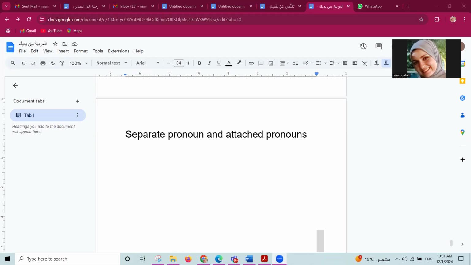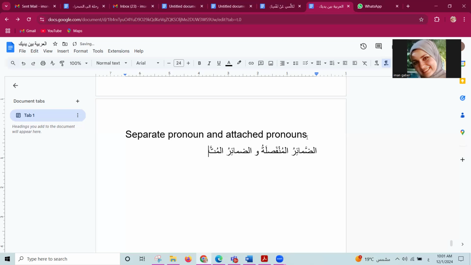Today, inshallah, we're going to talk about a very important lesson for everyone and one of the confusing lessons to some of the students. Today, we're going to talk about separate pronouns and attached pronouns. Separate pronouns and attached pronouns in Arabic, we call them الضمائر المنفصلة